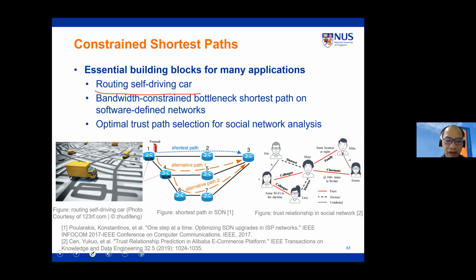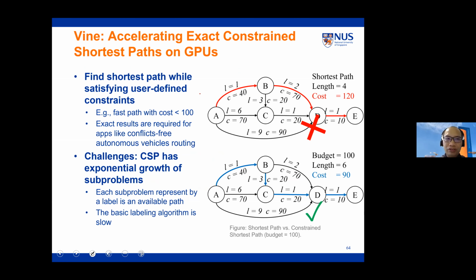In the end, we find the operation they have is a constrained shortest path. They not only look at the shortest path, but they also pose some constraints on it. For example, the shortest path must pass some checkpoint, and also must pass some healthcare check or whatever. There are some points that you must pass, and the other is you need to have some throughput guarantee. Anyway, in the end, you can formulate it as a constrained shortest path problem.